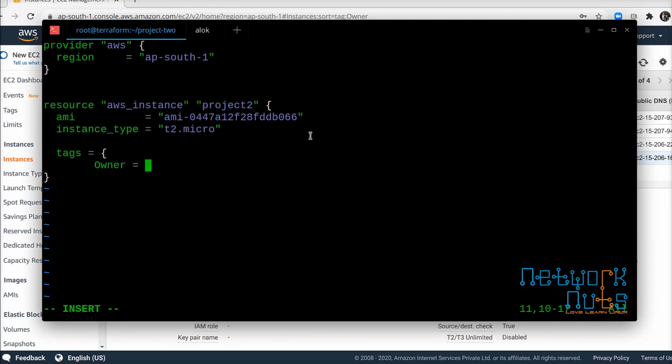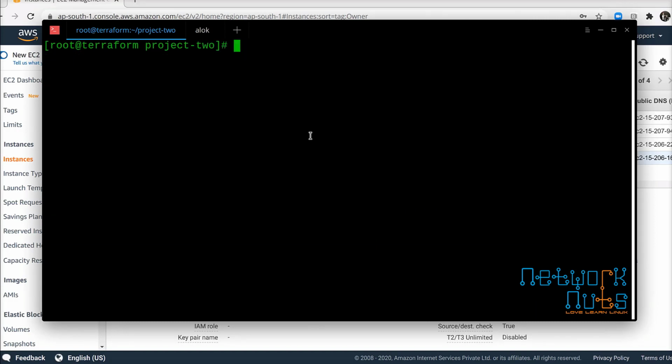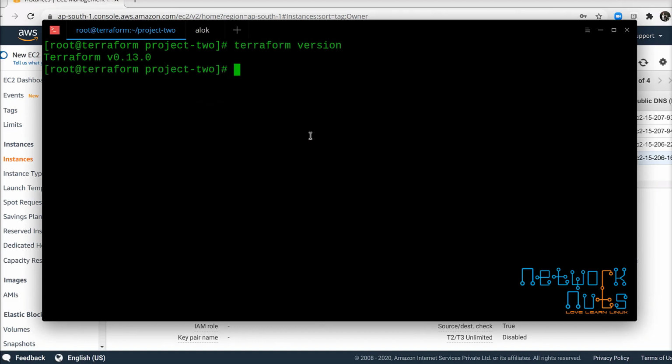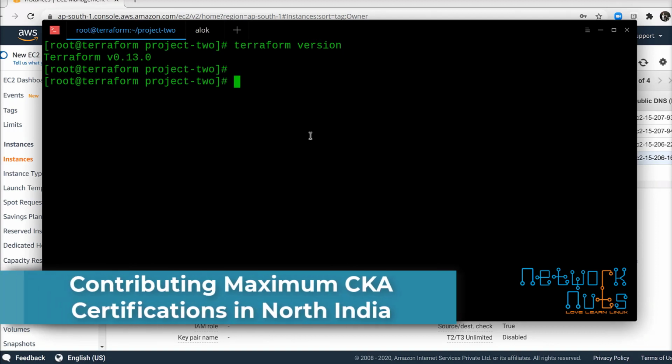Say I call it project 2. That's the tag which I had given, right? Now this is again going in the same region but a different instance, right? Now if I'm in project 2, now understand it, if I again give the terraform version command here, hey, where are the providers?